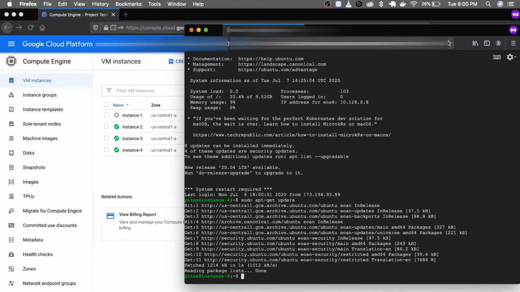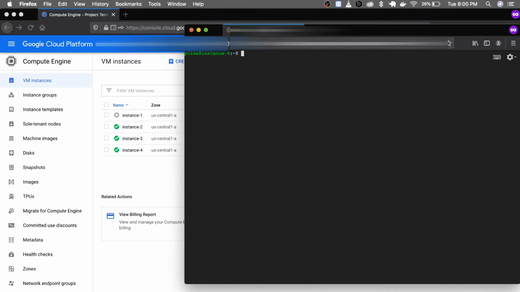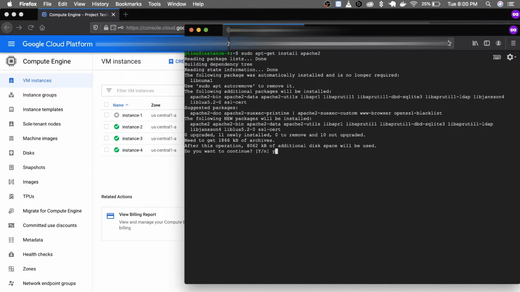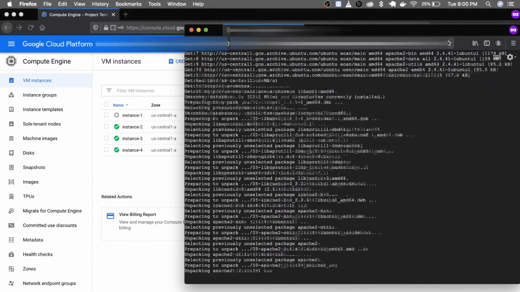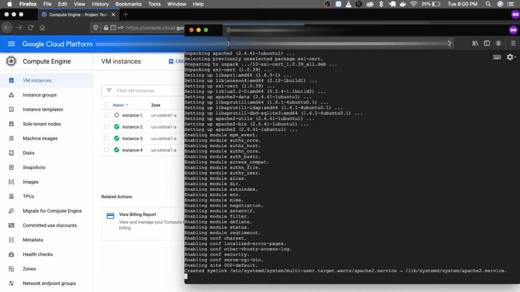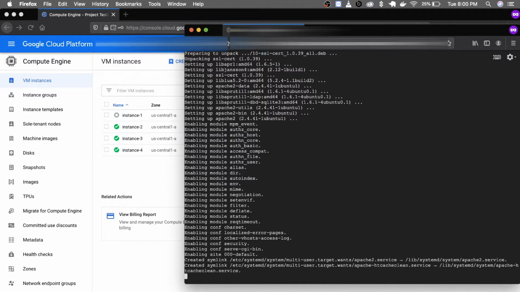Once it is done, we can type our command to install the Apache server: sudo apt-get install apache2. Apache is a server which helps us make our local file or website publicly available and accessible through the internet.